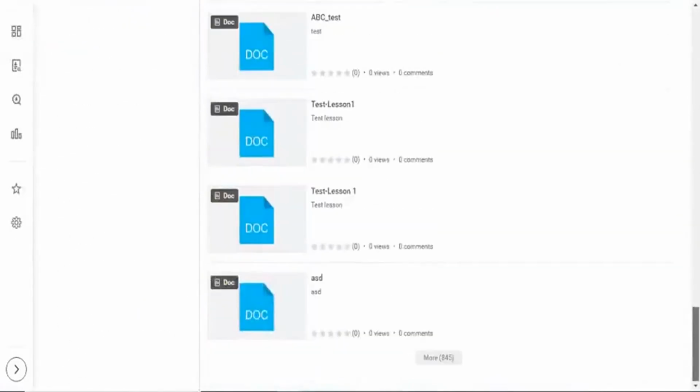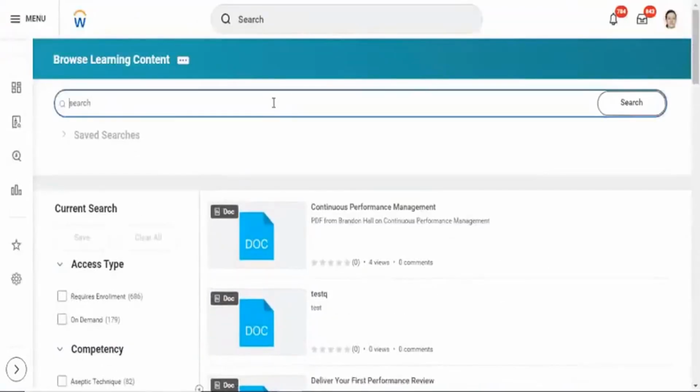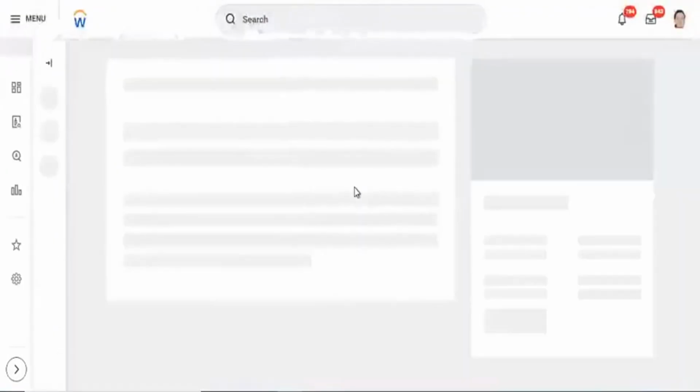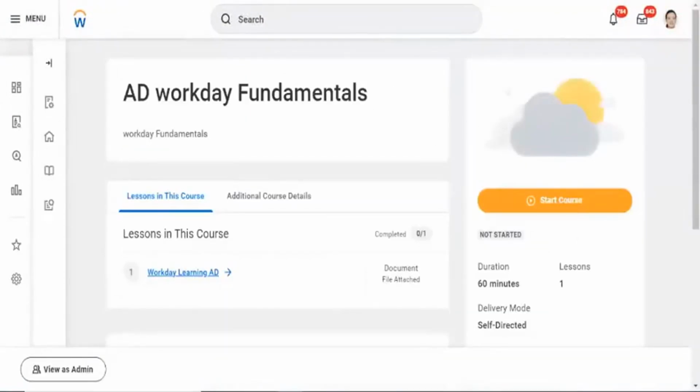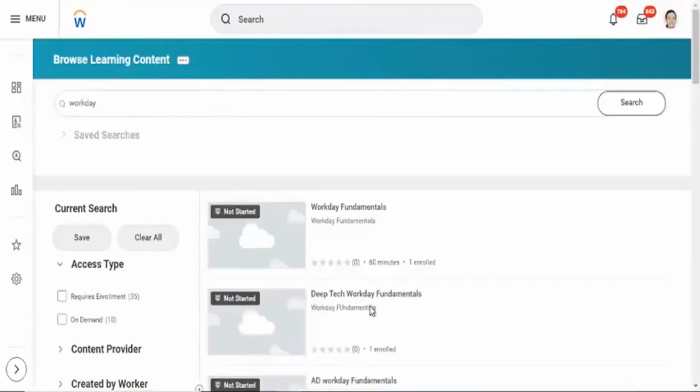You can select any of the courses and I'll try to enroll and then drop again. Let's say I'm trying to enroll into this, which is an already enrolled course. In that case, we don't see the enrollment option.